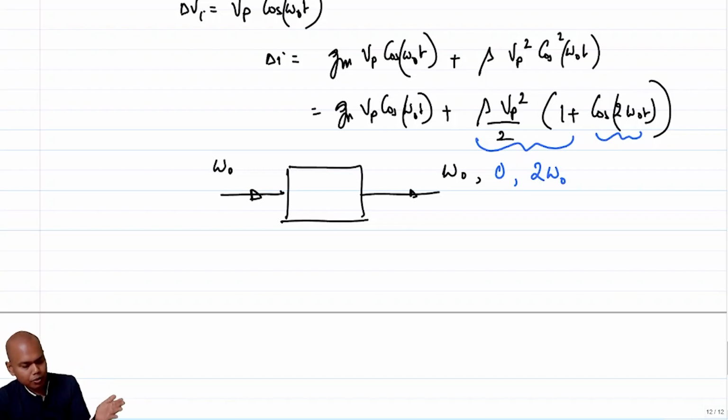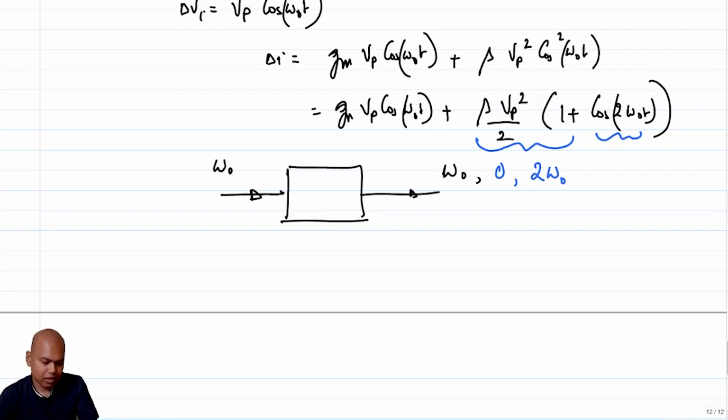So if the output of the LNA has terms at ω0 and 2ω0, then the mixing operation will not only happen with ω0 and the various sidebands of ωLO, but it will also happen with 2ω0 and various sidebands of ωLO, and that will down convert back into your